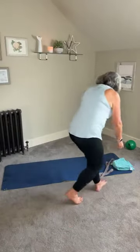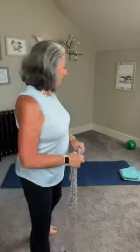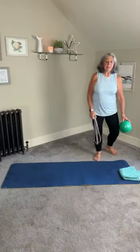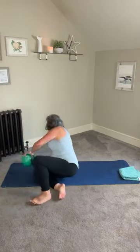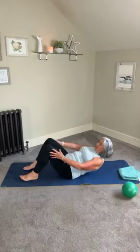Make sure that your mat is comfy. You will notice that I have a towel, and that is particular because I do get neck issues. So if you need a towel, have a towel if you want. Okay. So we're going to start off in the lying down position on your back. Take your time coming down onto the floor, making sure that your knees are bent